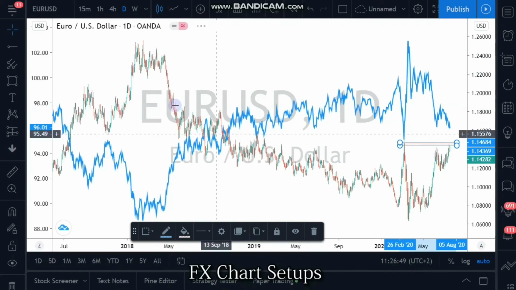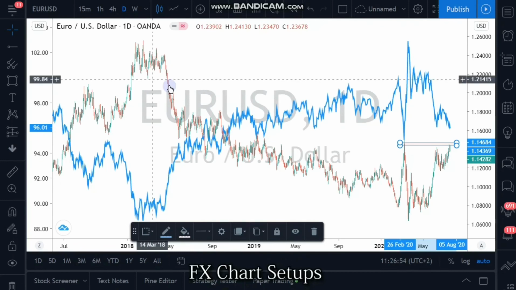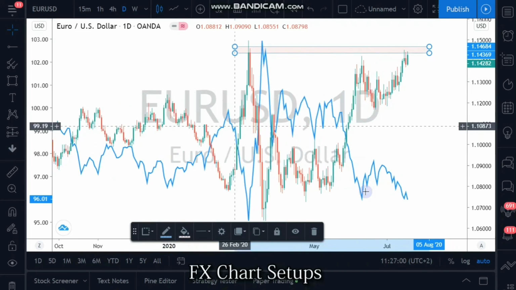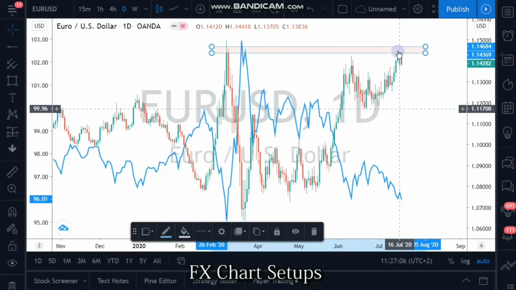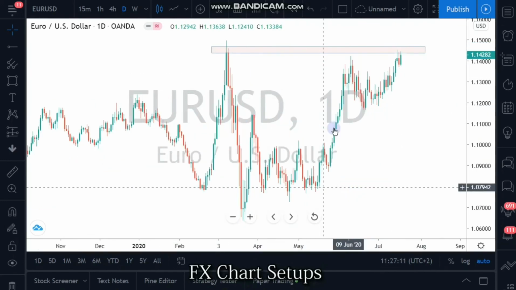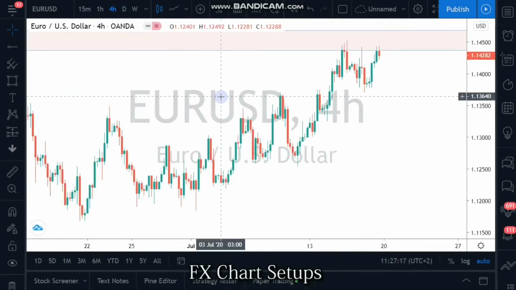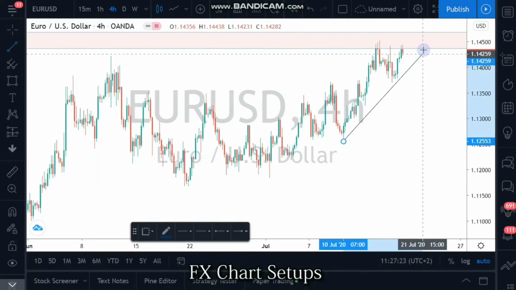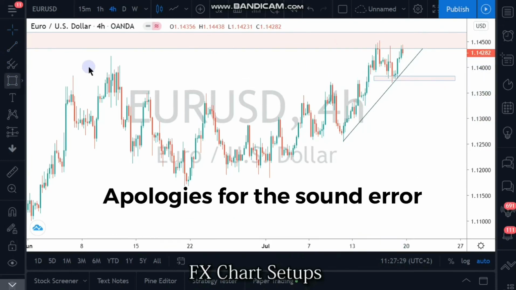Let's wait for that to load. Cool. So we can clearly see that wherever the EURUSD was going down, DXY was going up. See EURUSD dropping, we see the DXY going up. So these two pairs are inversely correlated. So if we are not looking for any shorting opportunities on the DXY, we cannot be looking for any buying opportunities on the EURUSD. Now with that said, we are only looking for shorting opportunities with the EURUSD. Going down to a 4-hour chart, we can clearly see that the market has been trending up most recently. So going